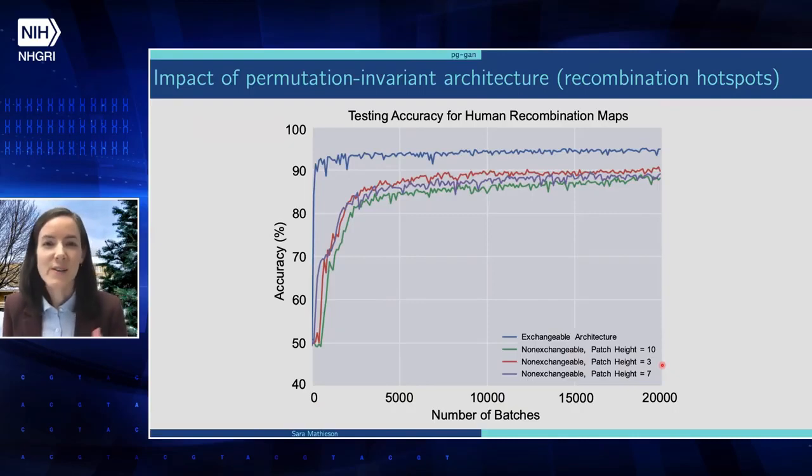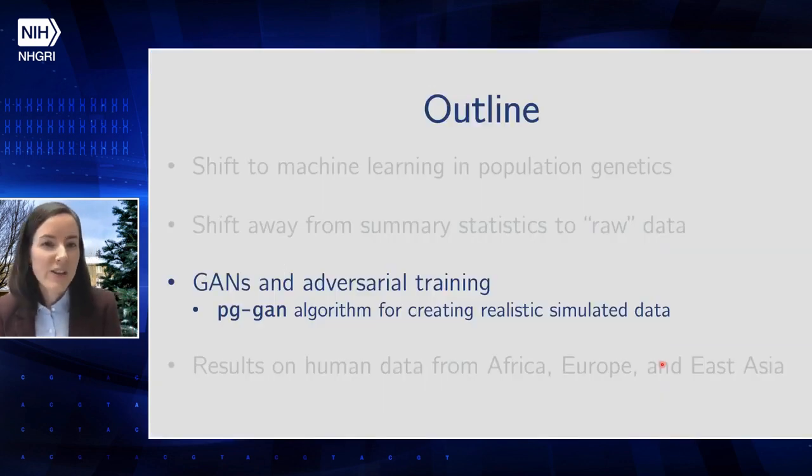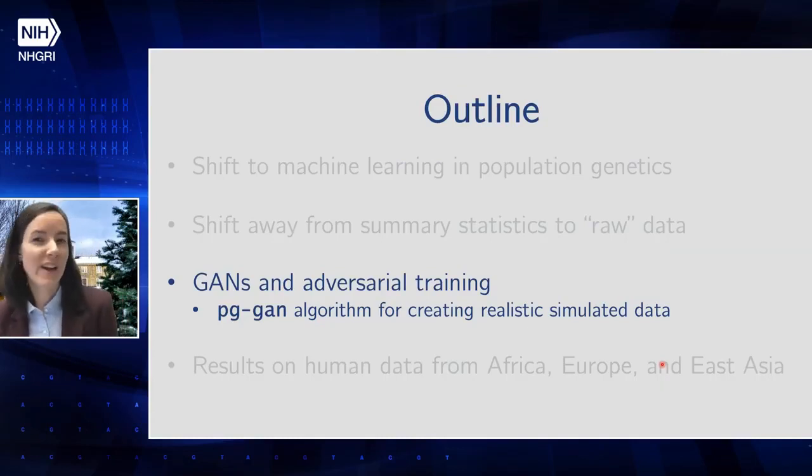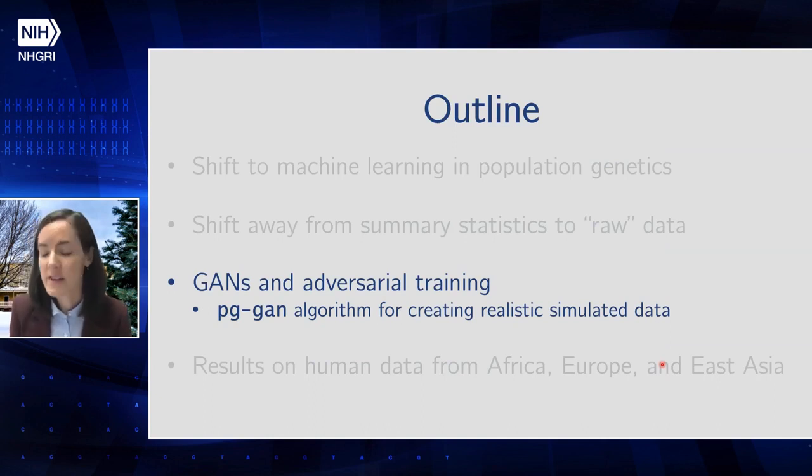So there were several different CNN methods developed during this time, and I think it was a huge step forward for the field. But one thing I've kind of glossed over is that we still need simulated data for these machine learning methods. And actually, it's very important for machine learning methods in genetics to have simulated data as the training data, since we don't really have any real examples where the evolutionary history would be known. Or in other words, we need to use supervised learning, and therefore we need the labels, and we don't really have the labels of any real data. So we really rely heavily on that simulated data.